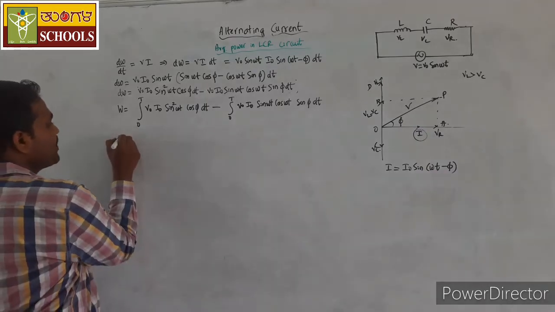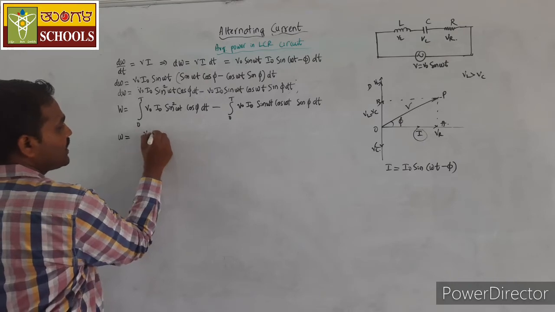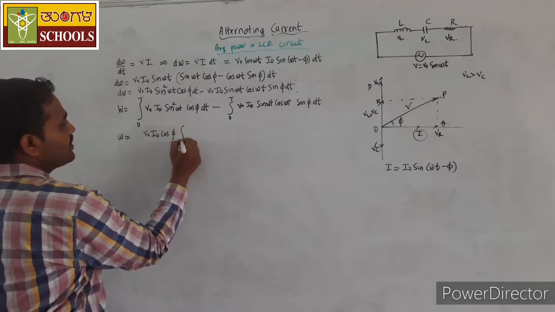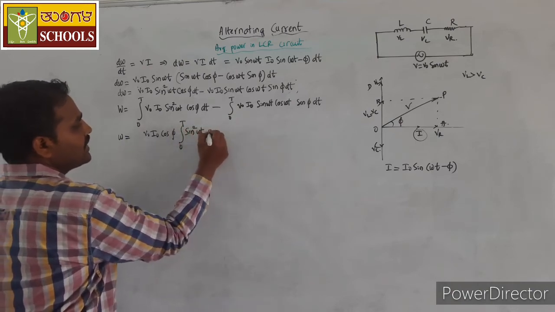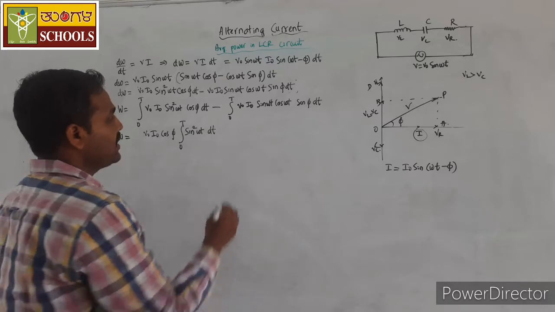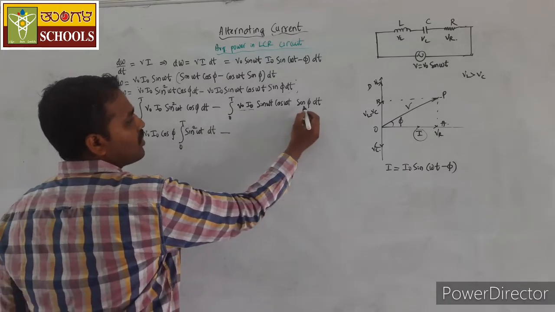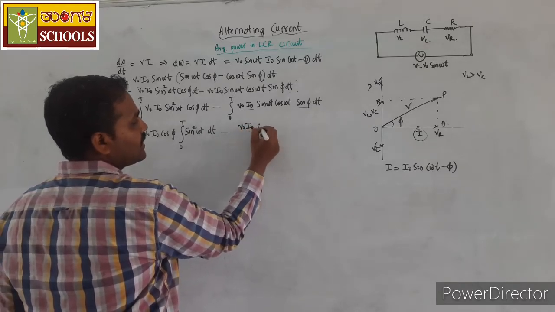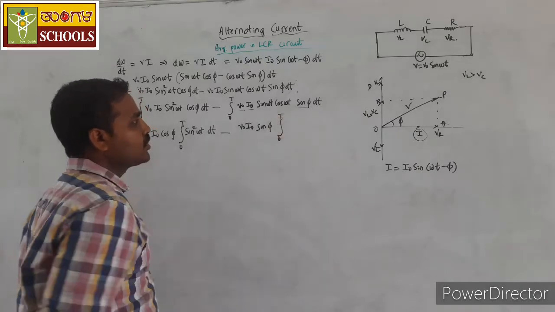Let us simplify this here. V0 I0 cos phi is constant, so I take it outside: V0 I0 cos phi times the integration between the limits of 0 to T of sin square omega t into dt. Minus, here V0 I0 is constant and sin phi is constant, so I take them outside: V0 I0 sin phi times the integration between the limits of 0 to T of